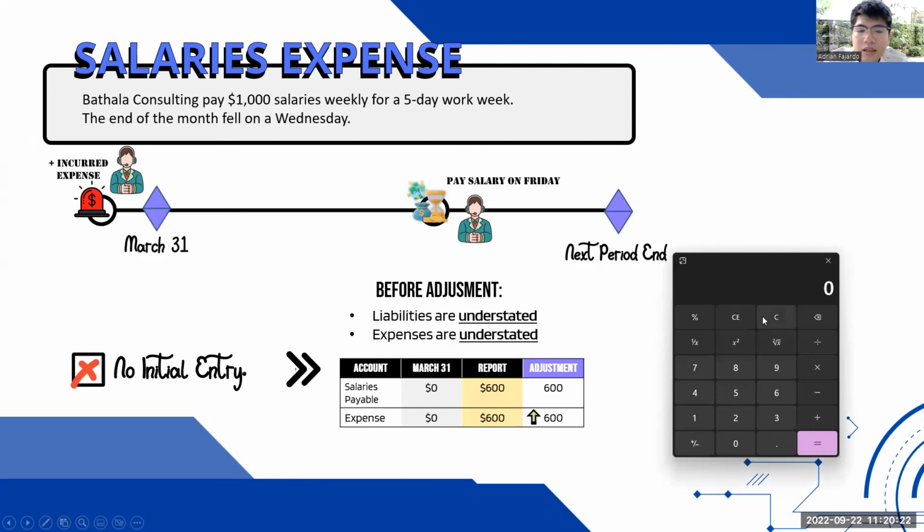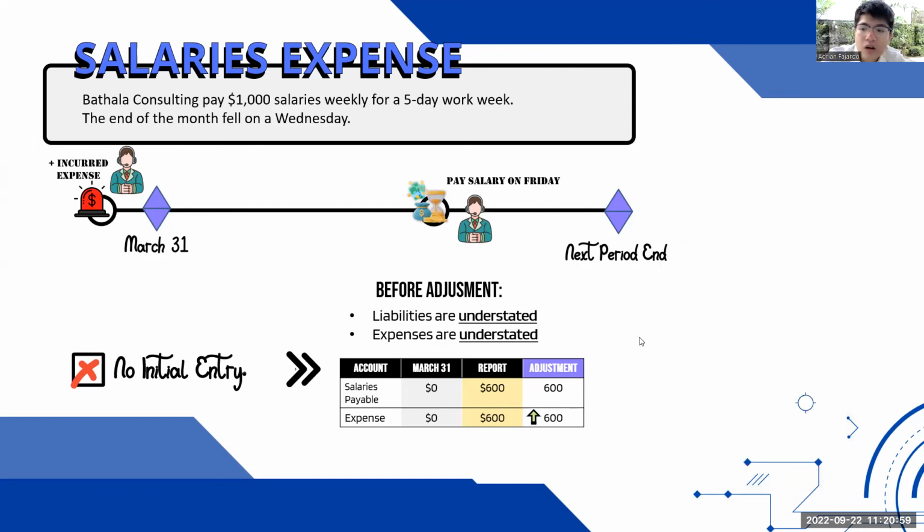So basically, di ba every week, 1,000 yung kinikita nila, right? So Monday, Tuesday, Wednesday, Thursday, Friday, every week, 1,000. Now, let's look at it from a daily expense. So divide mo by 5. So every day, technically, our salary that we should pay them should be $200 per day. Monday, Tuesday, Wednesday. So, March 31, Wednesday raw. So meaning, may utang na ako sa kanila na 600 kasi they already performed their obligation. And therefore, I should recognize a salaries expense of 600